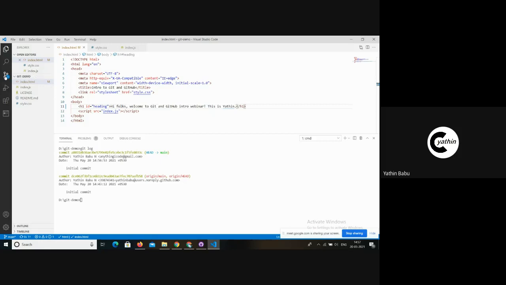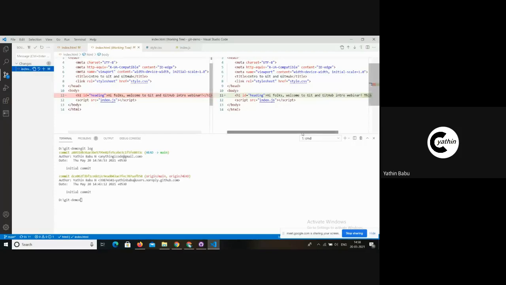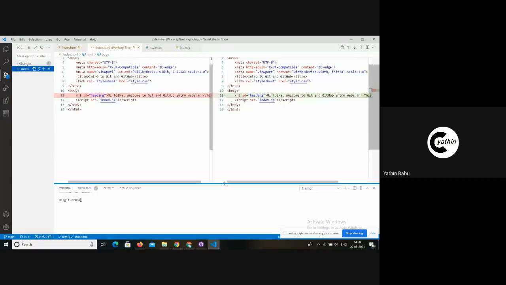We can also move here, which is the option where we can manage the Git repository within our local system. And if we compare it, you can see what the changes are.